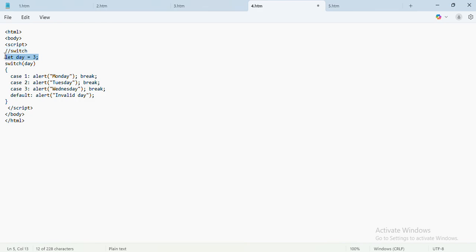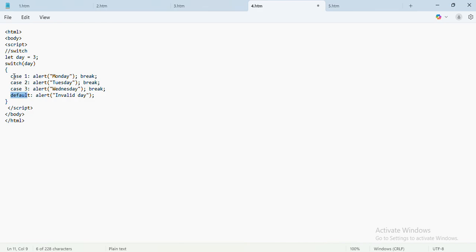Then I have declared one variable with the name day, initial value as 3, and you can see I have started with a switch statement. Switch in bracket the expression, and then in curly bracket I can write different cases to check whether my expression is matching with any of the cases. If it is not matching with any of the cases, then default will be the result. Like in if we are writing else, similarly in switch we can write default.